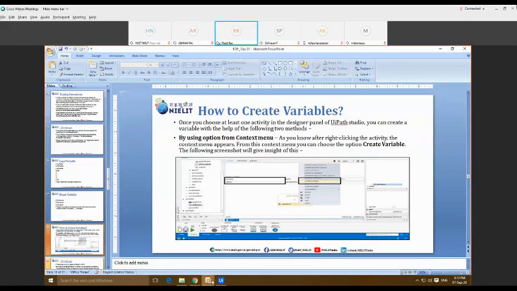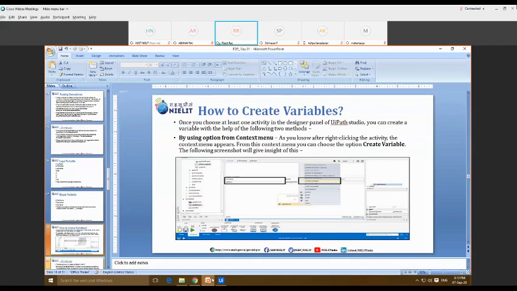Without dropping any activity, or you can say file, from the activity panel, we cannot create the variable. Once we drop the file from the activity panel, our variable panel will be activated, and now we can create the variable. For creation of a variable, we have some certain options.